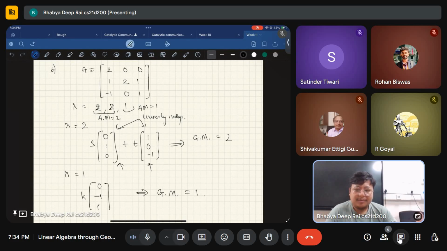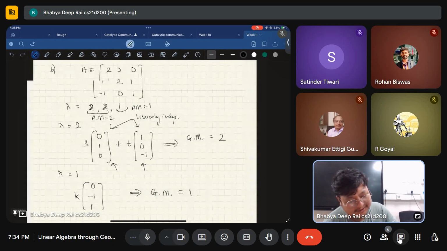Now, the total number of times that this particular root will be repeated is at most the degree of the characteristic equation. Right. Now, secondly,